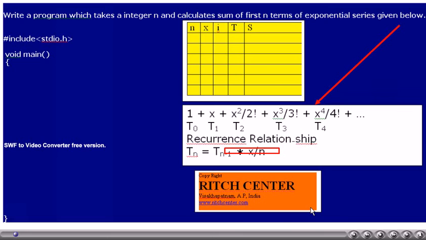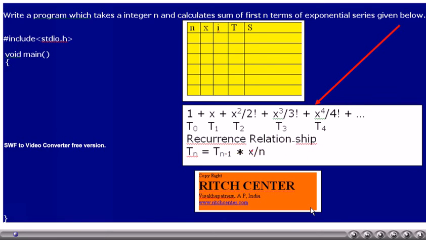If we assume 1 as term 0, x as term 1, x square by factorial 2 as term 2 and so on, we have